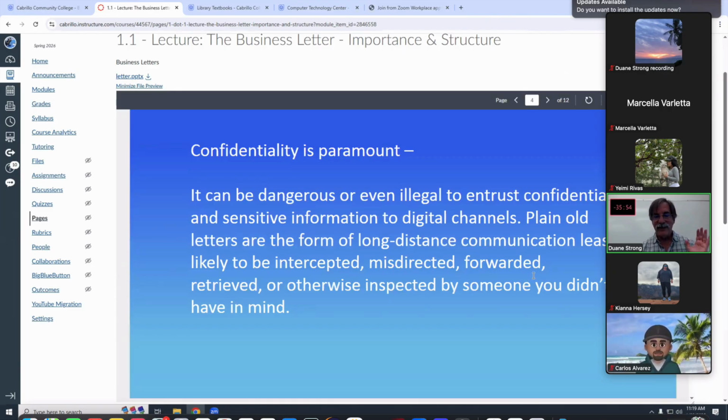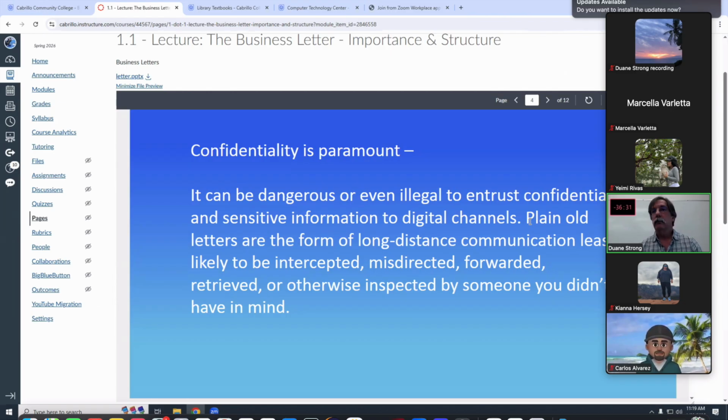Confidentiality. You can't even send certain things through email. Thing that comes to my mind is medical records. There's a law, the HIPAA law, Health Information Protection and Privacy Act. It is illegal to send people's health information through regular email. You'll never get just a plain vanilla email from your doctor with your test results. Either they will make you go through their portal, which you have to sign into and all that, right? Or they send you a letter, or both.